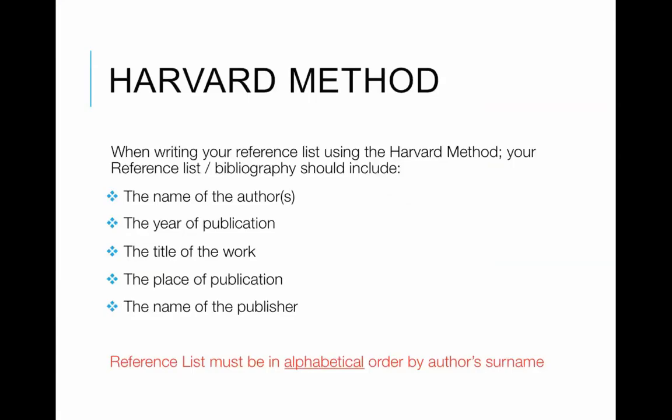So the Harvard method of referencing is what we're going to go through now. So as I said at the beginning, sometimes it's called a referencing list. We tend to call it a bibliography on the course. But if you've covered referencing before, you may have been taught it as a referencing list. In essence, they are both exactly the same thing. Really importantly, in red at the bottom here, the referencing list, the bibliography, must be in alphabetical order by the author's surname. Okay, so we're not talking about first names here. We're talking about alphabetical order by the surname,